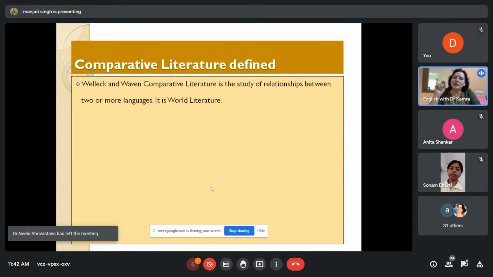Now, you'll find that the term comparative is derived from scientific process, where comparing serves as a means of hypothesis. Now, you'll find there is another thinker, Chasles, who describes this process, that is, how comparing is done and what is the end product of it. He says, let us calculate the influence of thought upon thought.